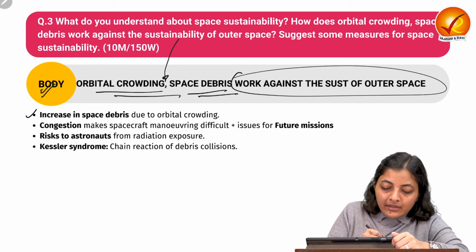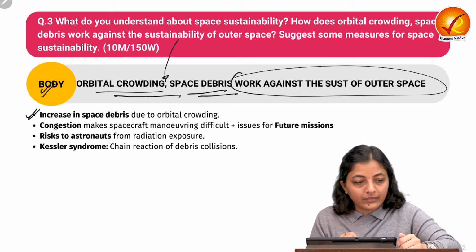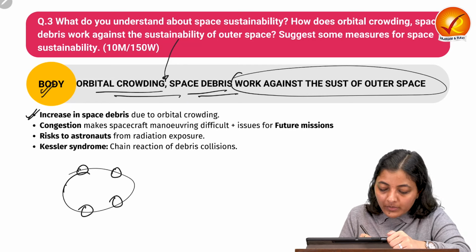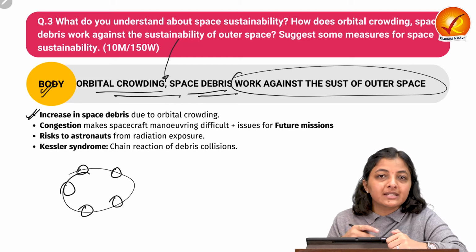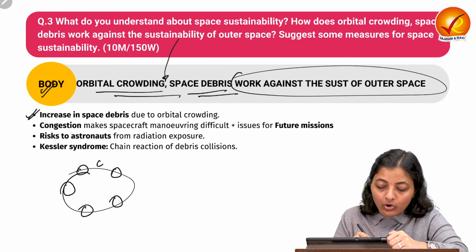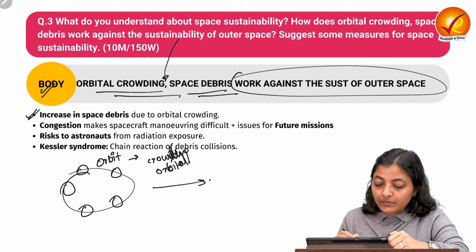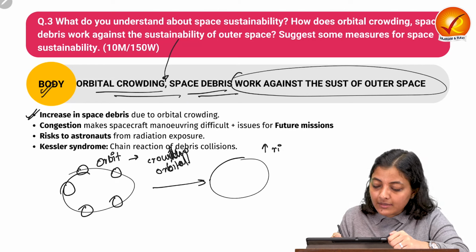Very first thing, when we crowd the orbit, it means we are putting so many space objects, satellites, spacecraft in the orbit. It means we are doing the crowding of orbit, like orbital crowding. So what does it result in? There will be an increased risk of collision,